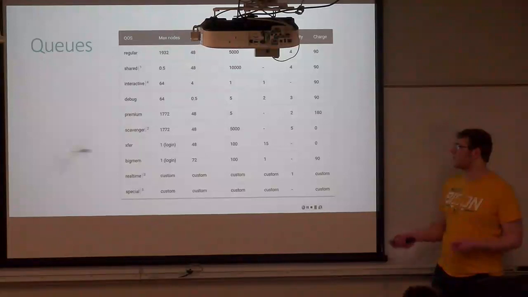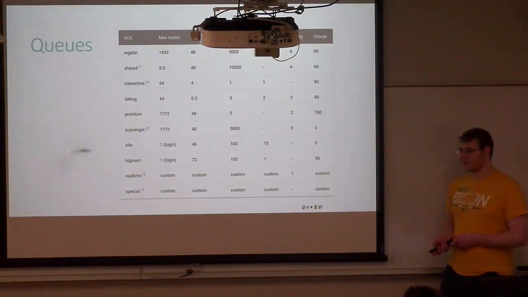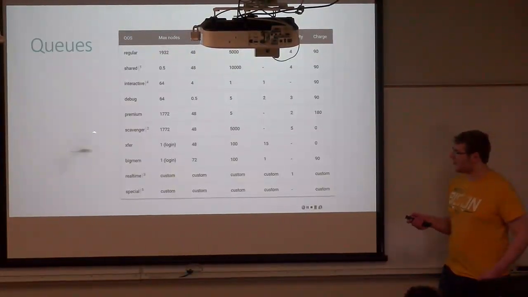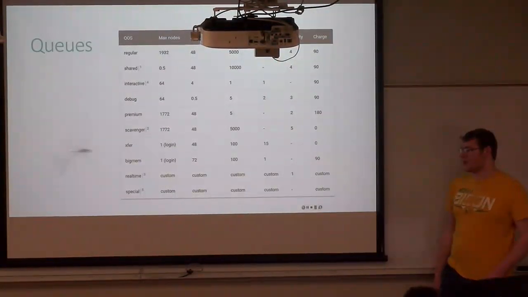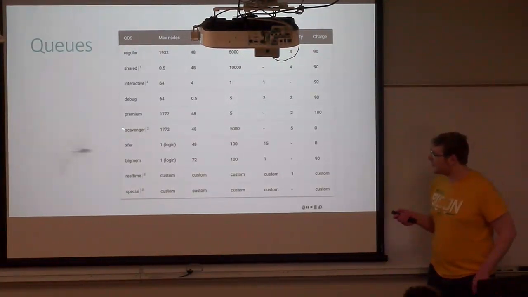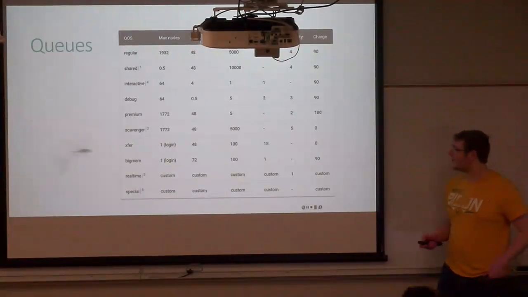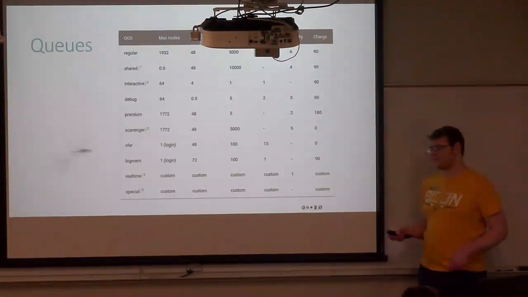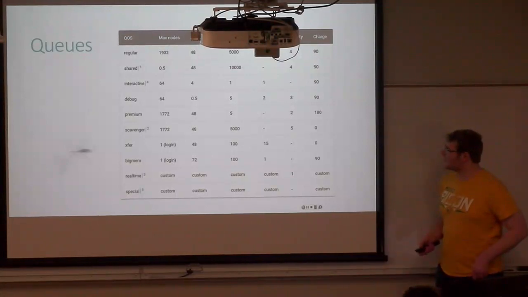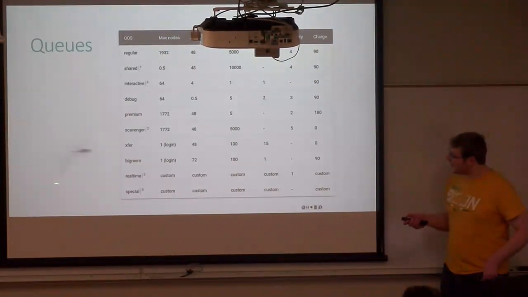Debug is for running debugging jobs and the like. Premium costs a premium, but allows you to get jobs done much faster. Scavenger just finds bits and pieces of other nodes. And then Big Mem, it's the same as well.